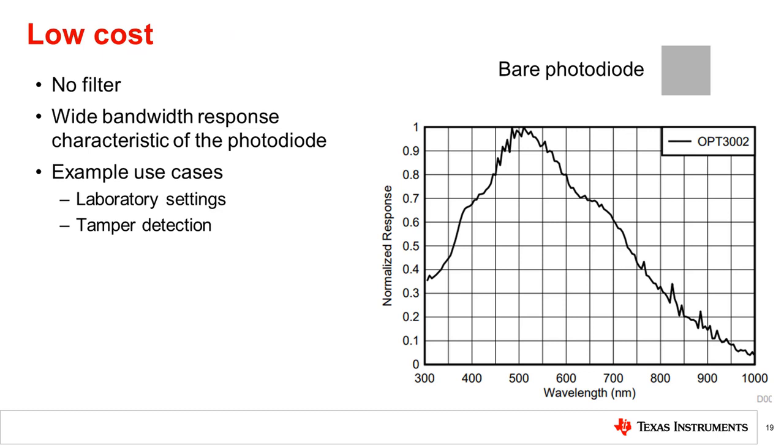So far, we have seen application-specific light sensors where an added filter was needed. Adding engineered filters typically adds an extra processing step, which adds cost. As seen earlier, a bare photodiode has a broad spectral response, which is acceptable for many applications that do not require a targeted spectrum. An example response from TI's OPT3002 device is shown. This may be used in an ATM tamper detection application where the inside of the ATM is expected to be dark unless the ATM is opened.